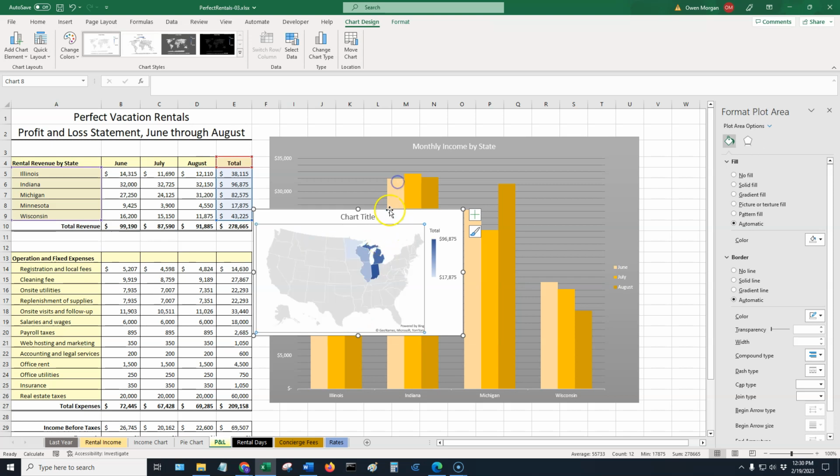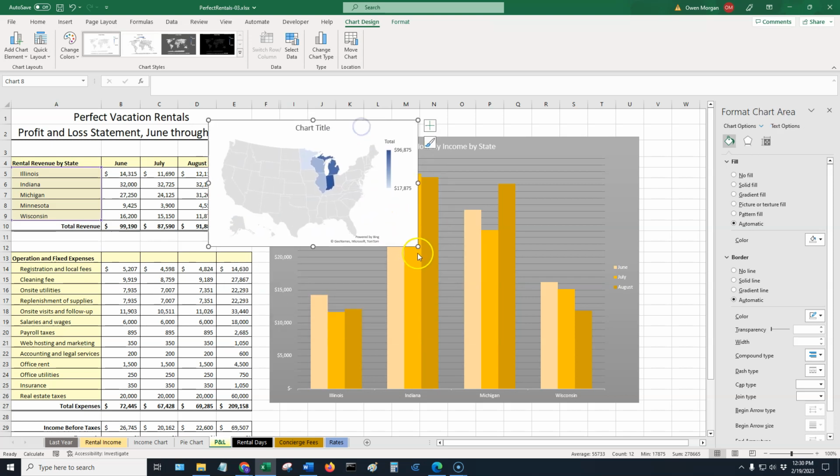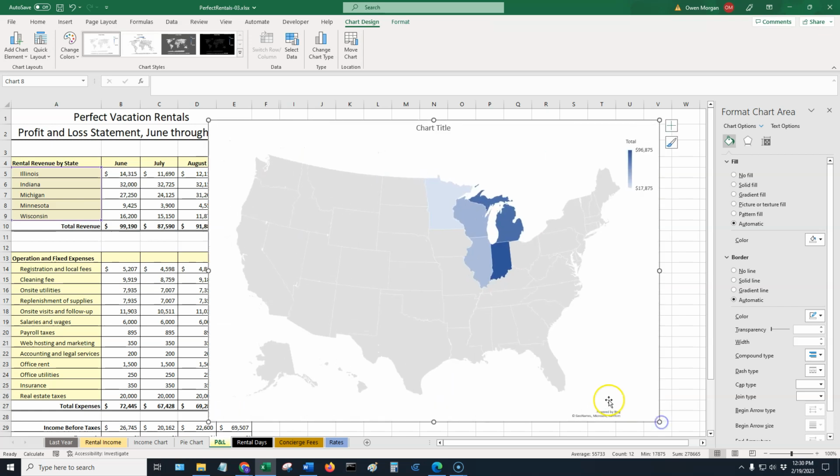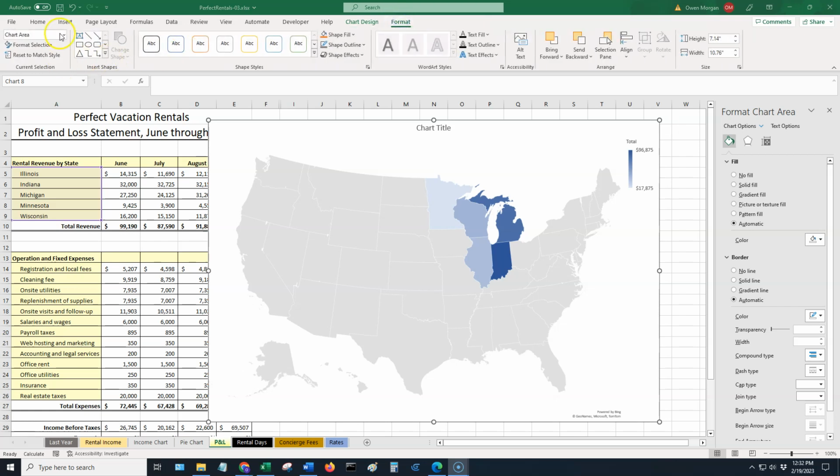I'm going to go ahead and just make this a little larger, so I'll move it. Make this fit on our sheet a little bit better. Move up to the Format tab. Move over to the Current Selection group. And we're going to choose Series Total. Click on the Format Selection button